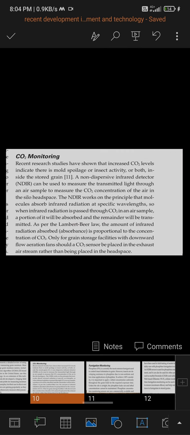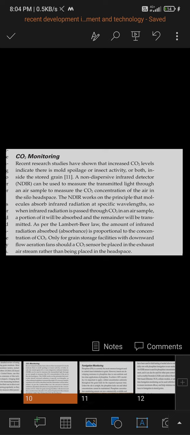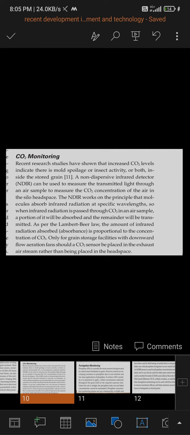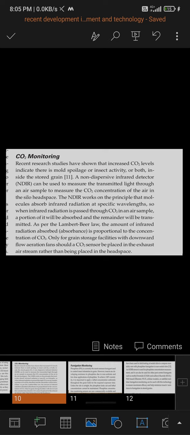Carbon dioxide monitoring. Recent research studies have shown that increased carbon dioxide levels indicate there is mold spoilage or insect activity or both inside the stored grain. A non-dispersive infrared detector can be used to measure the transmitted light through an air sample to measure carbon dioxide concentration of the air in the silo headspace. The NDIR works on the principle that